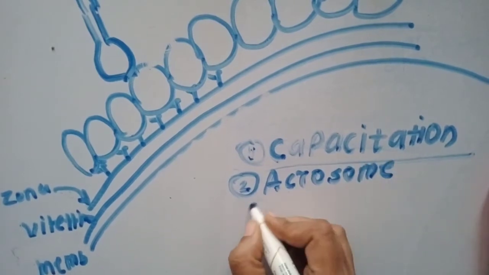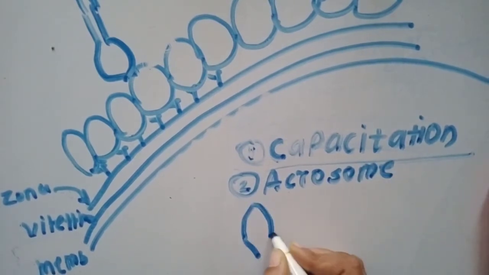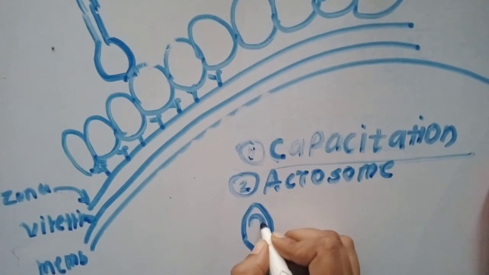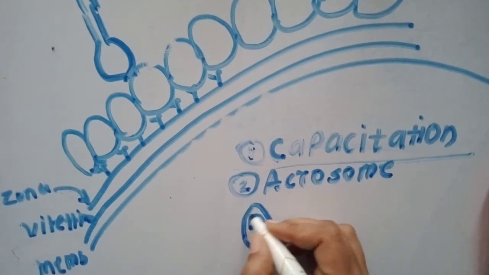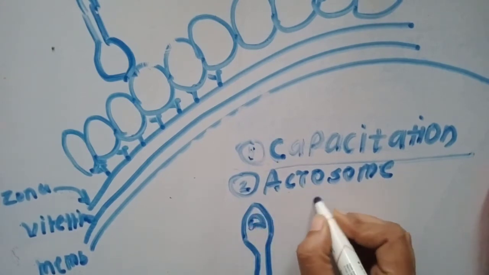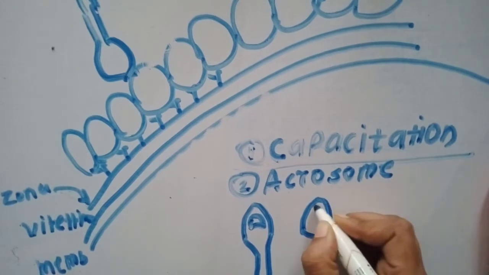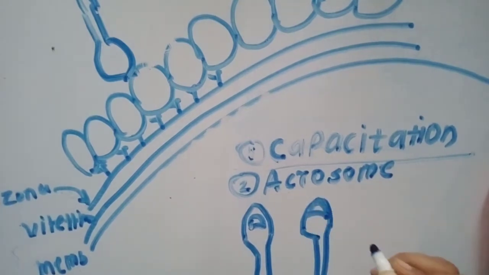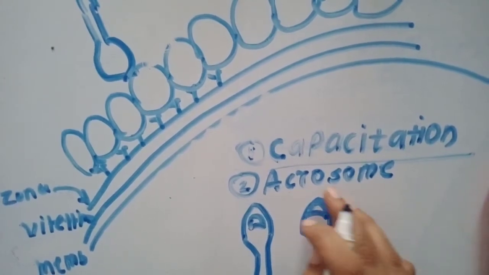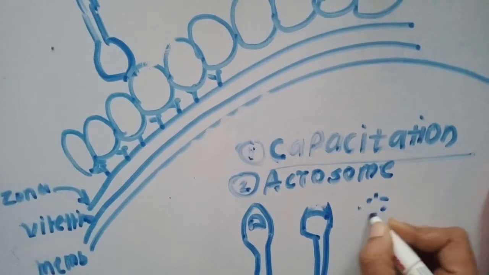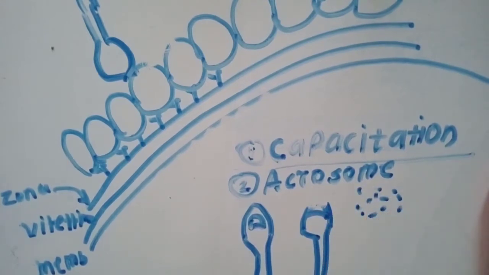Acrosome reaction. So what happens is, I have already told you that it contains the acrosome, that is a vesicle containing digestive enzyme. If you see the outer membrane of this acrosome, it fuses with the plasma membrane. Okay, so the structure looks like this. So it fuses like this, and exocytosis takes place. It means what? It breaks open, and all the enzymes get released outside.